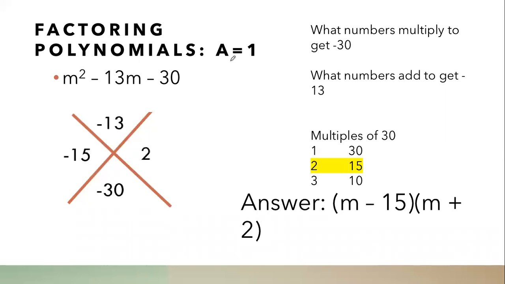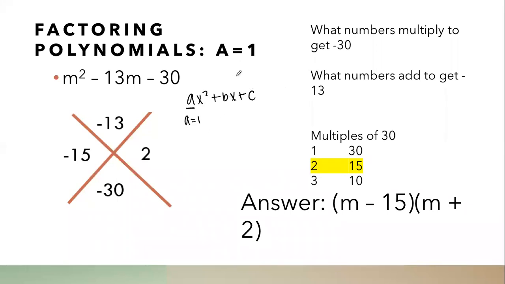All right, factoring. There's two different methods. One of them was the X method. And when can I use the X method? When A equals 1. So when that A value equals 1, some of you are like, what are you talking about? What's A? Okay, for a quadratic, ax squared plus bx plus c, when I'm trying to factor, if my A value, the coefficient of x squared, equals 1, basically if there's nothing there, then I can use the